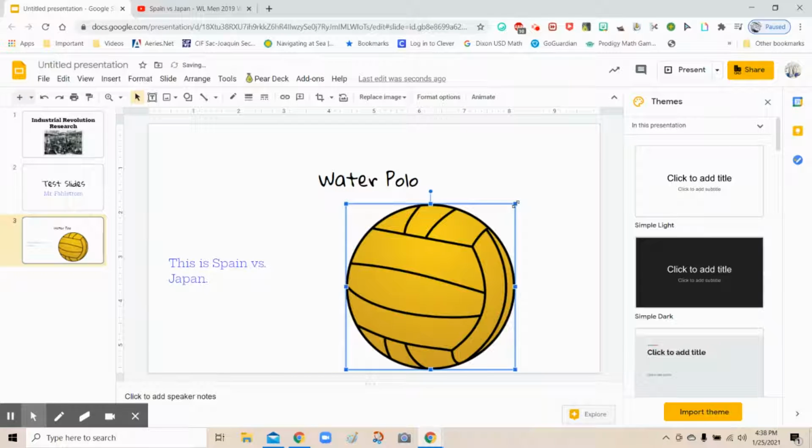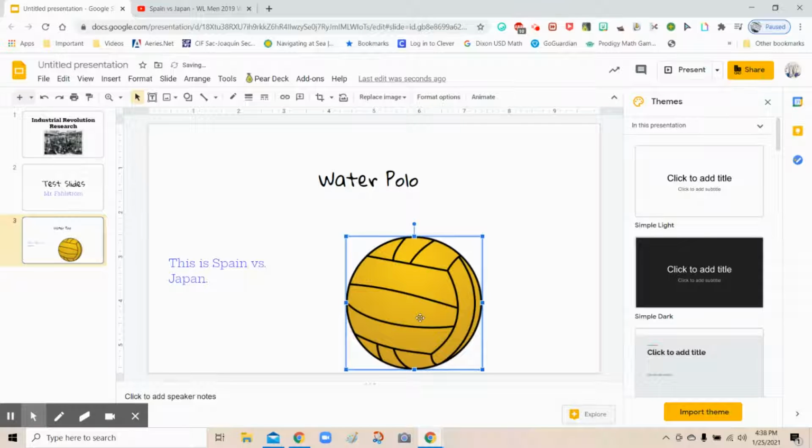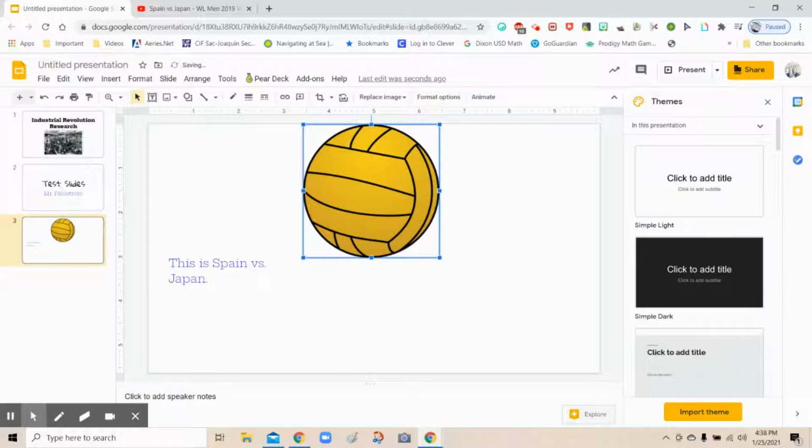But if you grab it from the corners diagonally, you can keep everything proportional, and you can resize it and it'll look good whether you want to make it bigger or smaller. I actually want to put this over my title. So you can see right now the ball is covering the text, but if you right click on your image,